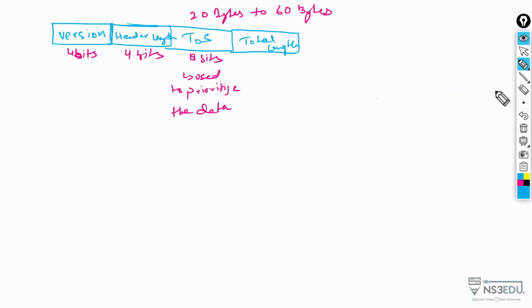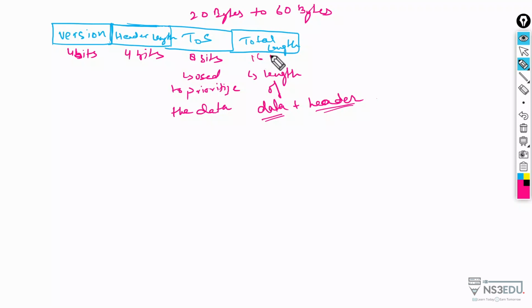Now the total length identifies the length of data plus header. Okay, so here we are basically also telling you about the data, what is the size of data and what is the size of header. Okay, so that is going to make up the total length here. Alright,